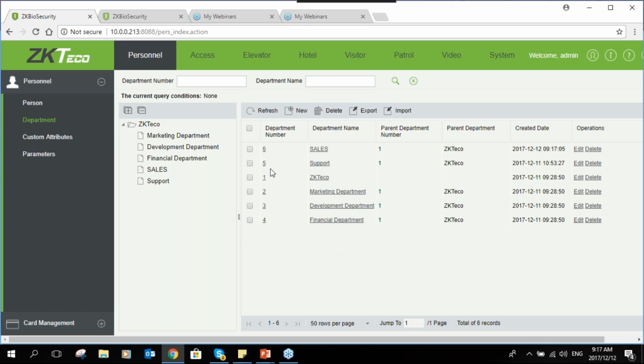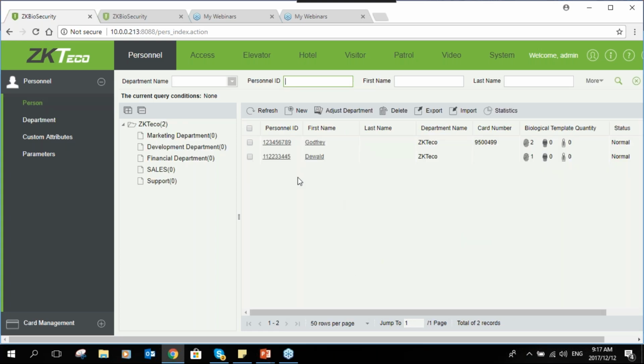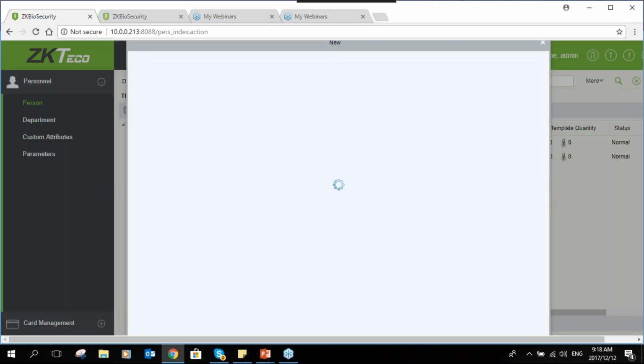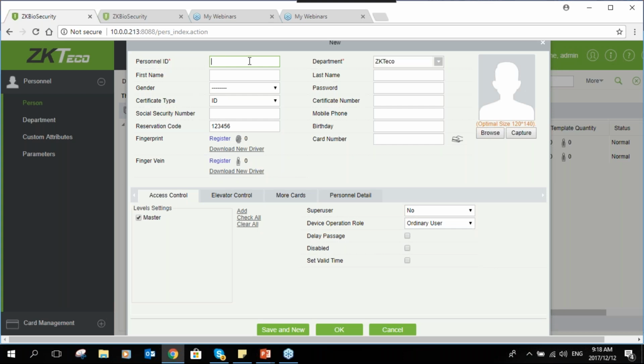Now once your departments are created, you can create your personnel. Under your personnel tab, this is where you add your users, and you register your fingerprints and cards as well. To add a new personnel, you need to click on New. The personnel ID takes up to 9 digits, and your nine digits can be any number or alphanumeric if you have changed the settings on the software itself. So you're going to allocate a personnel ID,